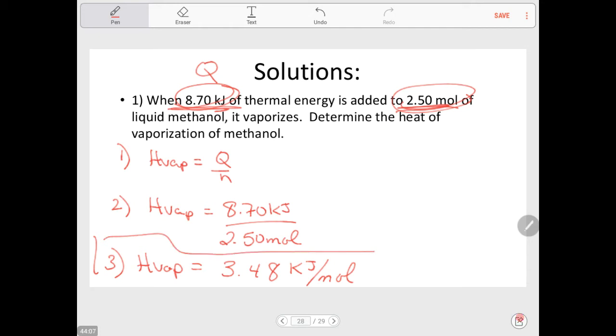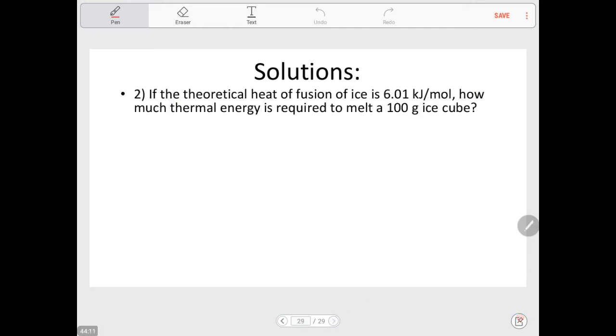Now, how much thermal energy? That's always your Q value. And we need our moles. And you see, wait a minute, it doesn't tell you moles again. Well, you're going to have to do that side calculation. N, moles, is mass divided by molar mass. That's going to be 100 grams. Now, even though we've done this in the past, you see the molar mass was not given to you here,